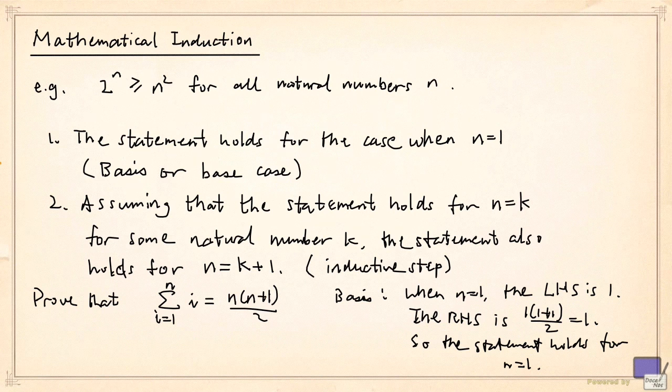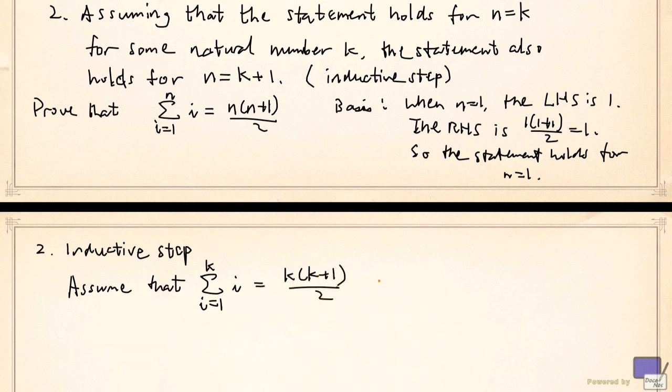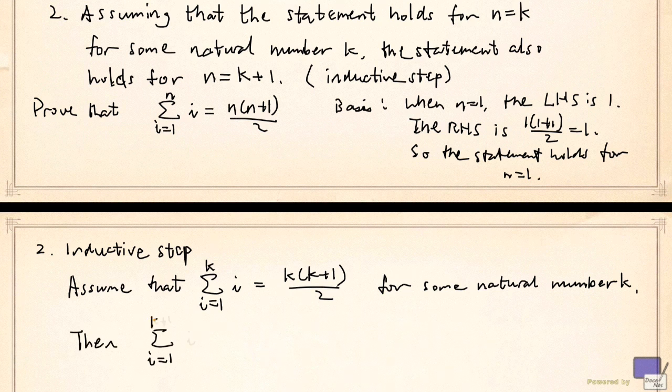Now let's establish the inductive step. So we assume that the statement holds for n equals k for some natural number k. That is, we assume that the sum of i, when i ranges from 1 to k, is given by k times k plus 1 divided by 2 for some natural number k. Now we want to prove that the statement holds for n equals k plus 1. So the left-hand side is the sum of i as i ranges from 1 to k plus 1,